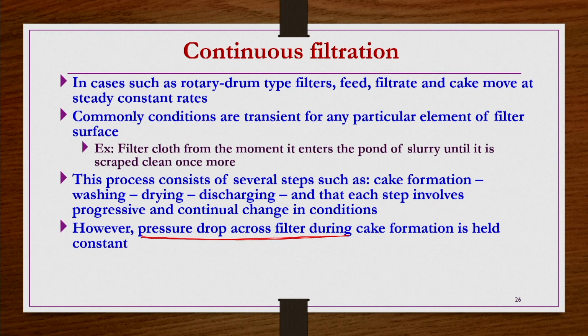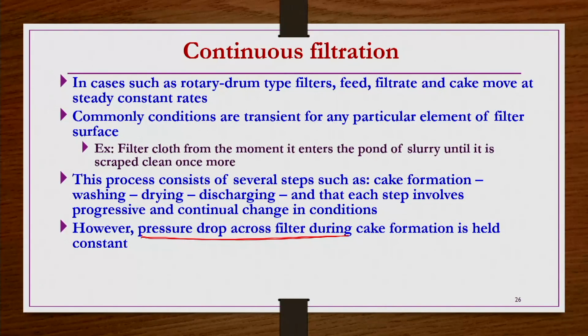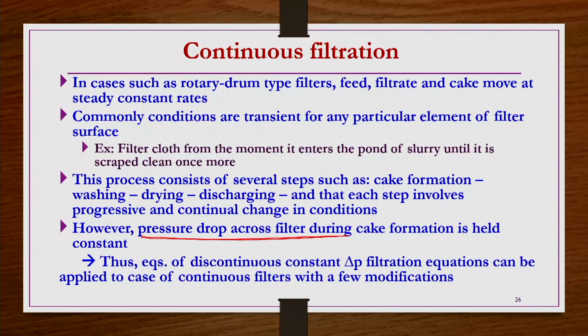In the previous case, the equation we developed, t/V = (Kc/2)V + 1/q0, was for a batch process, but the pressure is constant. Now here, the process is continuous filtration, but the pressure drop is again constant. So both the previously developed equation and the equation we are going to develop for this case are valid for constant pressure filtration processes, but one thing: the previous one is for the batch process, and what we are going to do now is for the continuous process.